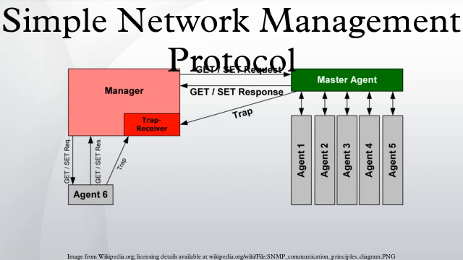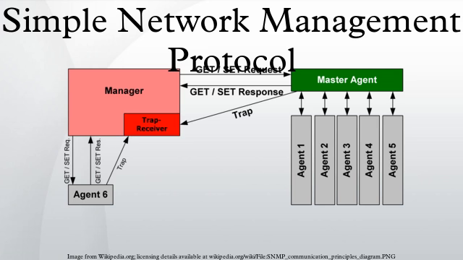RFC 1213, Management Information Base for Network Management of TCP/IP-based Internets, MIB-II. RFC 1452, Coexistence between version 1 and version 2 of the Internet Standard Network Management Framework. RFC 1901, Introduction to Community-based SNMPv2. RFC 1902, Structure of Management Information